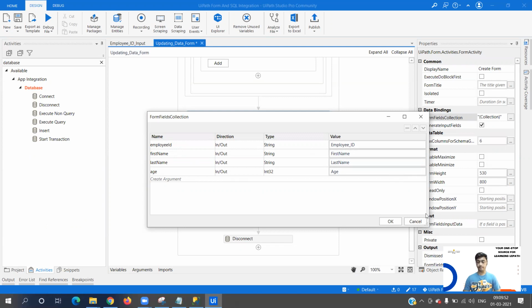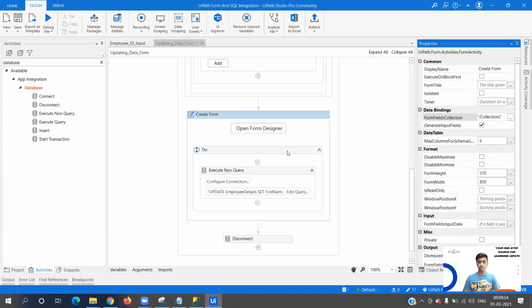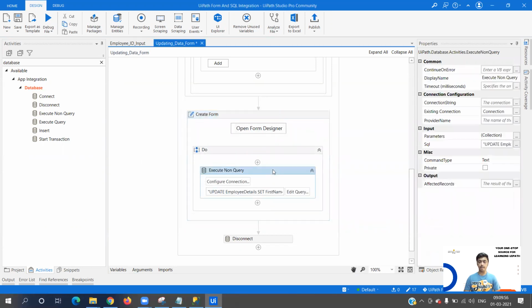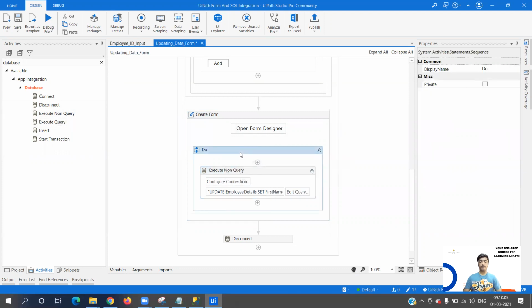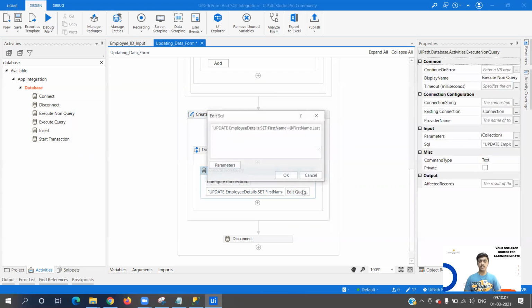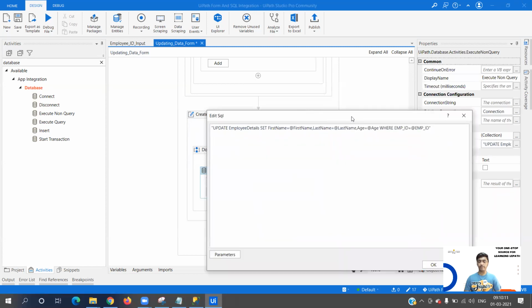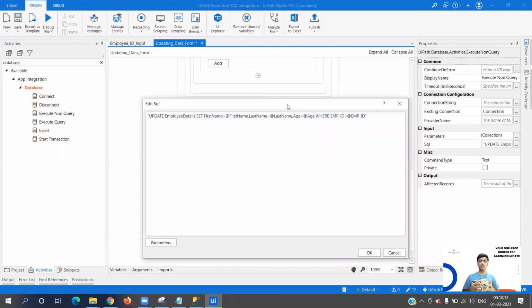Once that is updated, I'm writing an execute non-query, which is used to insert, update, or write the delete statements in UiPath so that we can perform the same operation in the SQL database. When I click on edit query, if you see here, I have to pass four parameters: first name, last name, and the age.